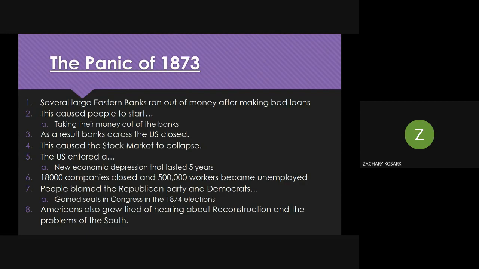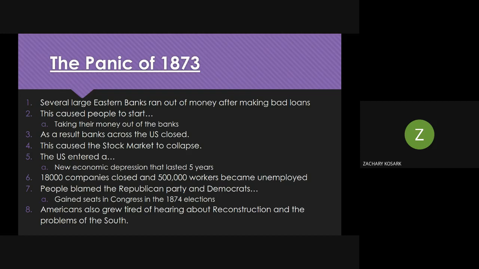Anytime that there is economic success, most of the time, the party that is in power gets the credit. And anytime that there is failure in the economy, the party that is in power gets the blame. Right or wrong, that's just really how it is. If you are in a position of power, you're out in front of people, and things are going good, you get the credit. If things are going bad, you typically will get the blame. So people blame the Republicans.